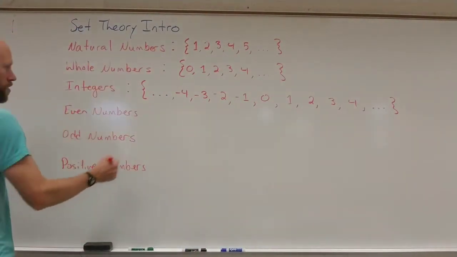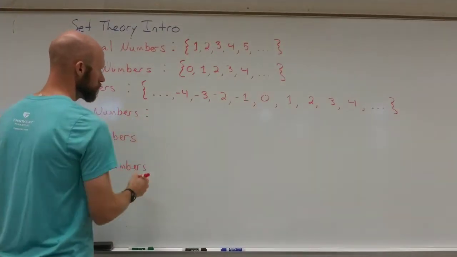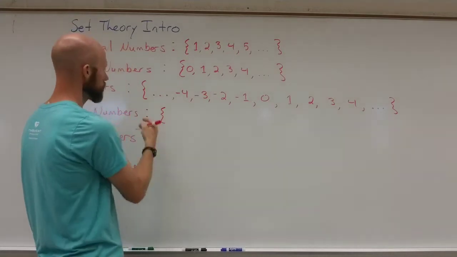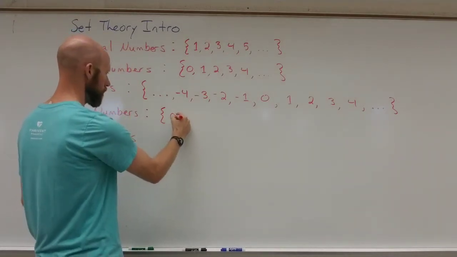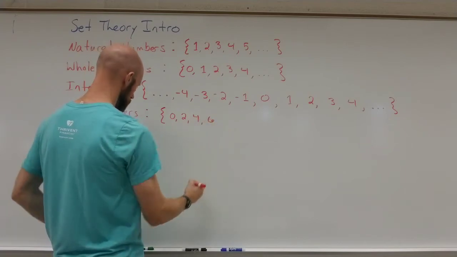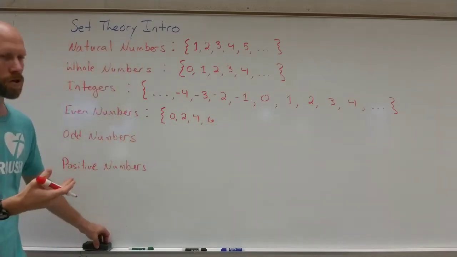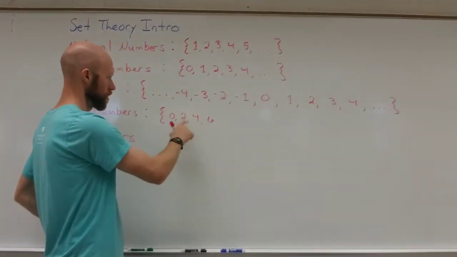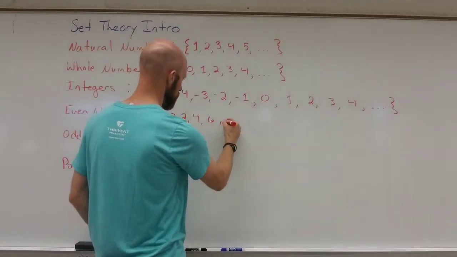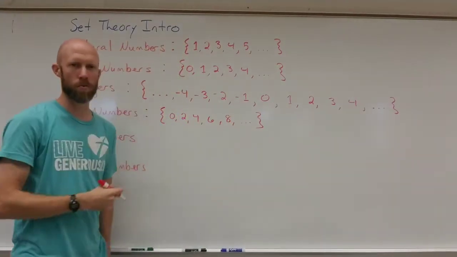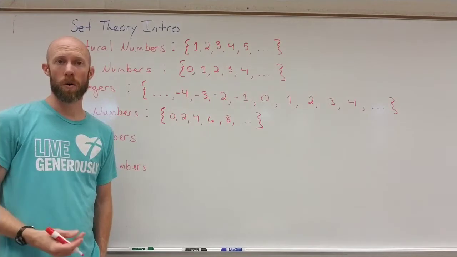The even numbers, well, you could list these off a couple different ways. One of them, the roster notation, would just be to list off 0, 2, 4, 6. We'll go with the positive side. So 0, 2, 4, 6, 8, and so on. And that would be what we call the roster notation. Or equivalently,